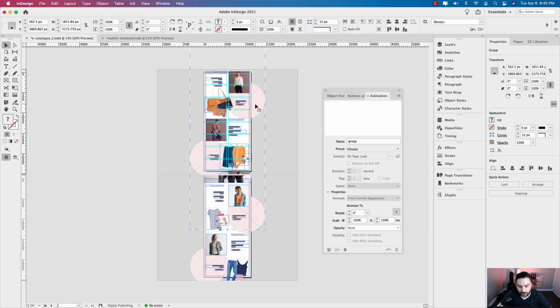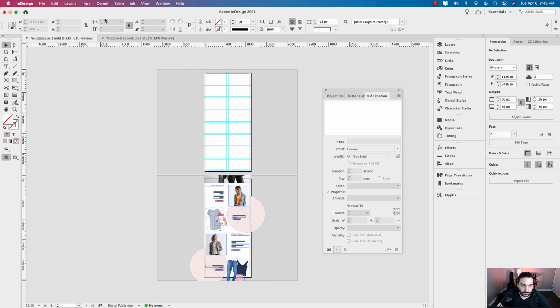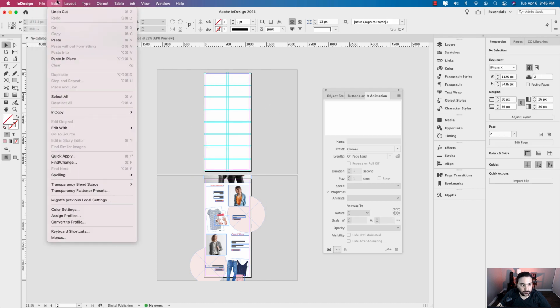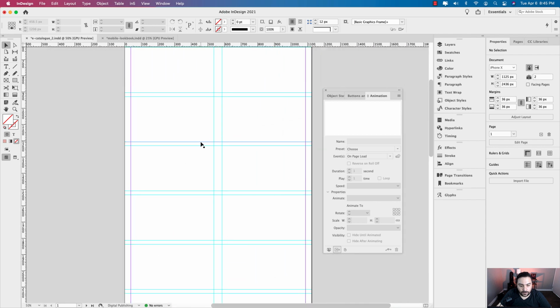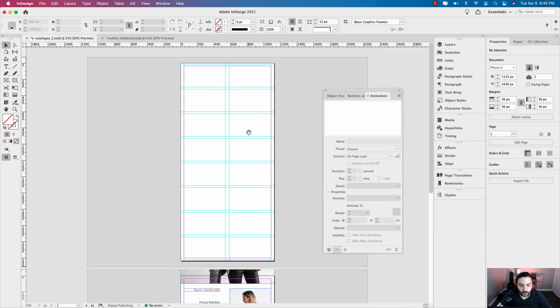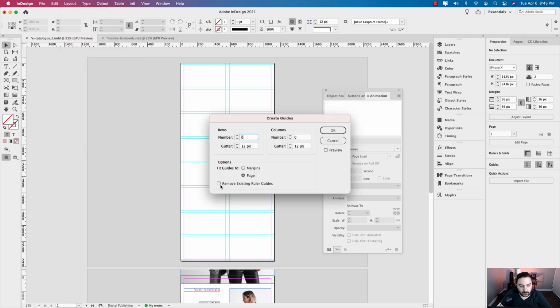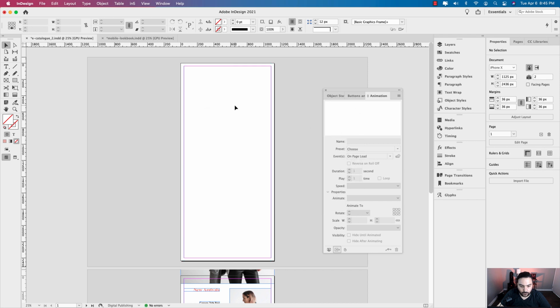I'm going to click on that and Command X to cut. You could also go to Edit and Cut. Now I did set up guides earlier. I could remove them now. So I'm going to go to Layout, Create Guides, and then I'm just going to click Remove Existing Ruler Guides